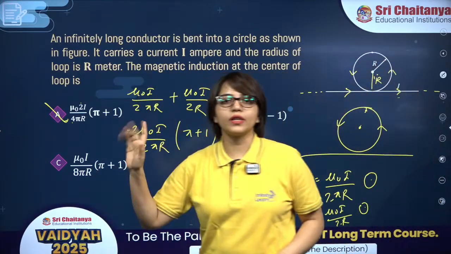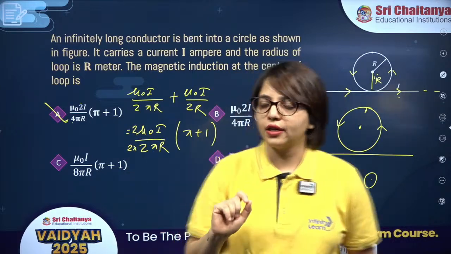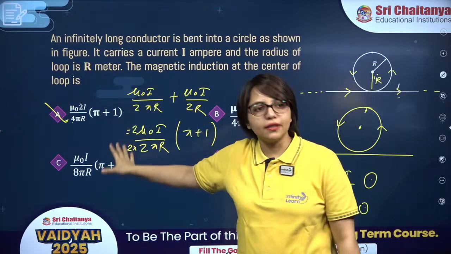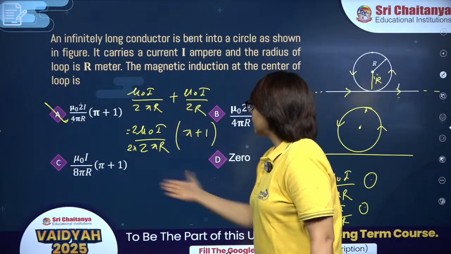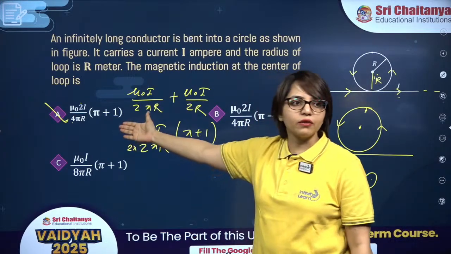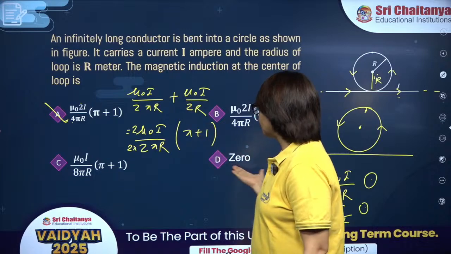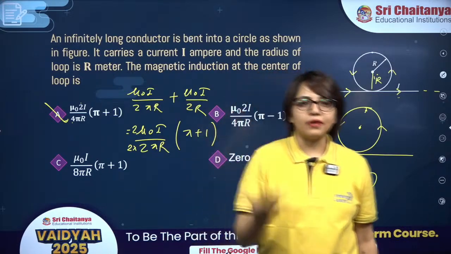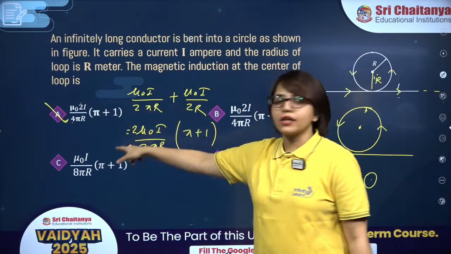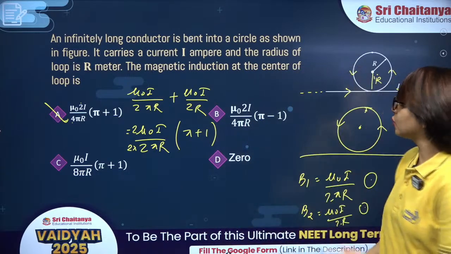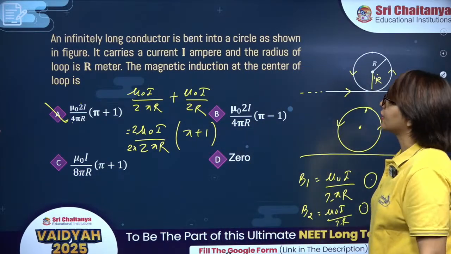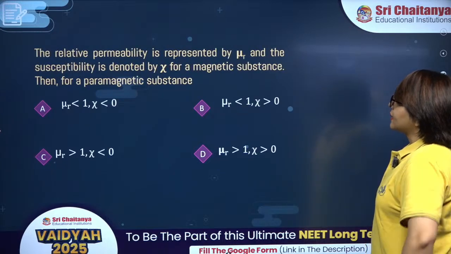The learning from this question is you will get your answer correct, but sometimes options can be deceiving, right? You will feel, okay, my answer is not given in the options and none of the options are correct. So let's leave it, but make sure that you double check your options. Fine, options can be deceiving as well. Fine, so this is option number A. Well done, guys.